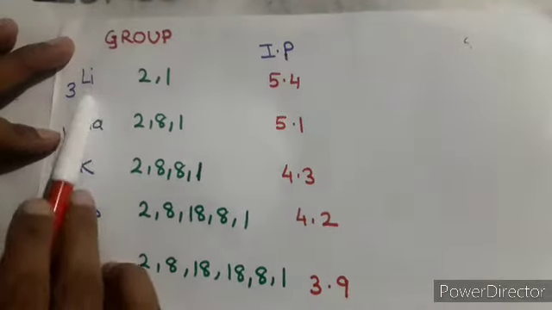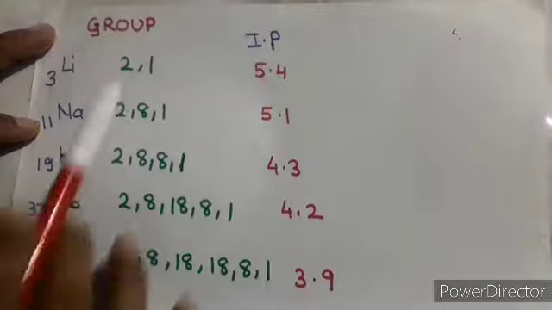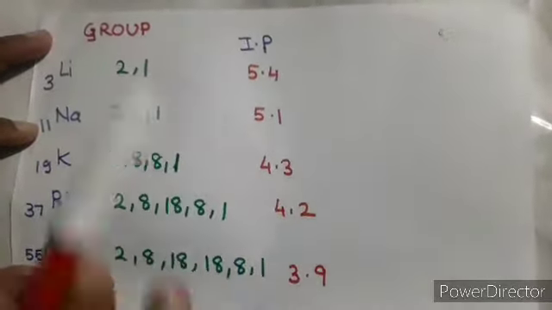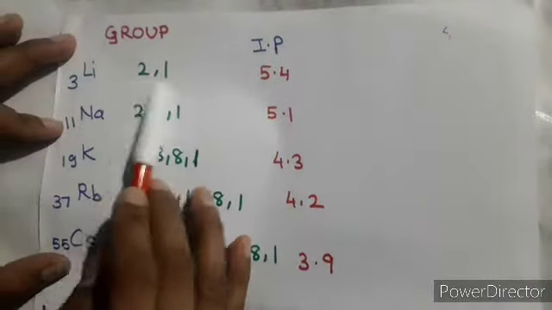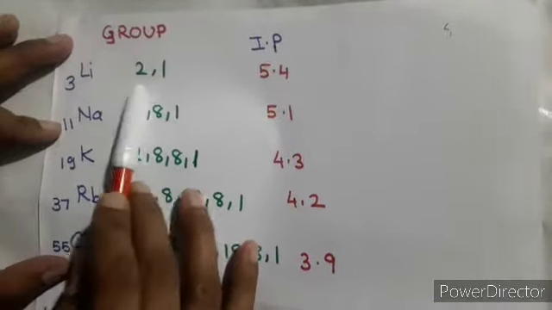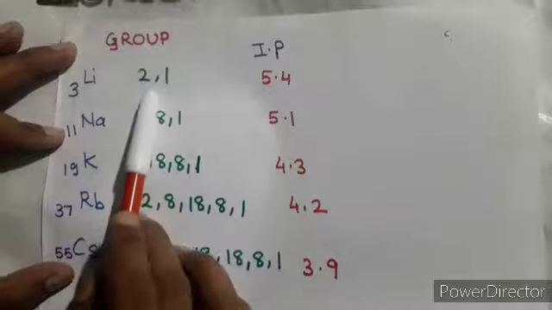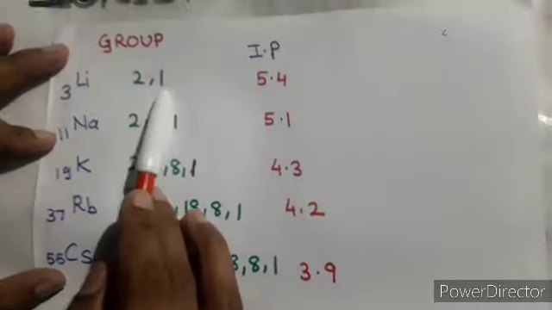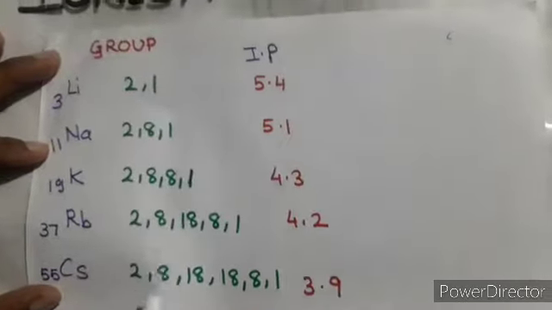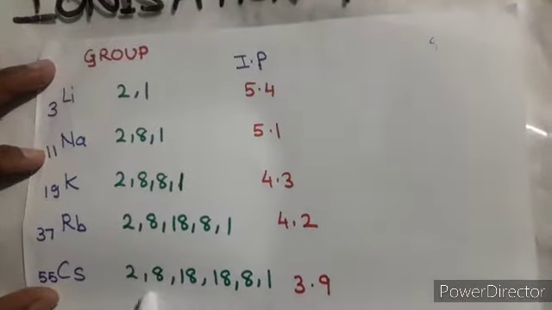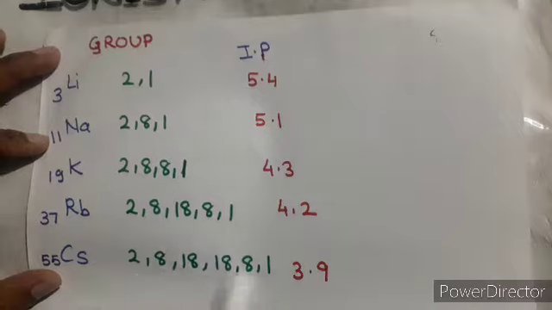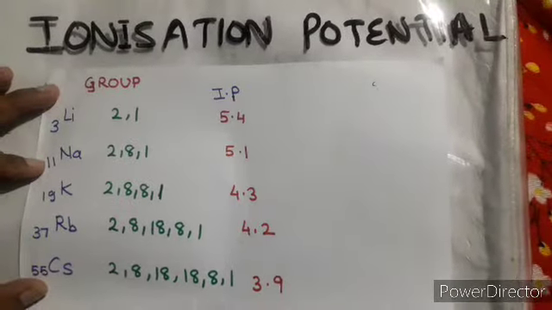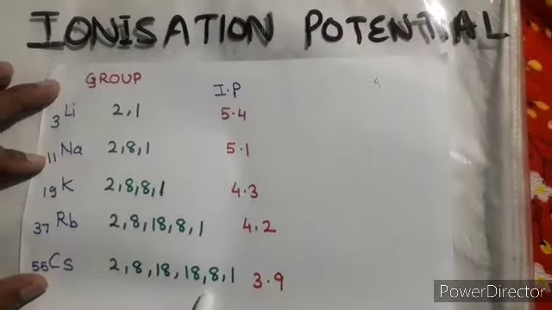Now again I am giving you these two examples. You see these two examples, and again focus on these two values. Now why have these values come? Just see the atomic size. By electronic configuration you can analyze its atomic size. Now over here the number of shells are less, and over here the number of shells are more. So this way the atomic size is more. If it has a big atomic size, definitely its ionization potential will decrease.